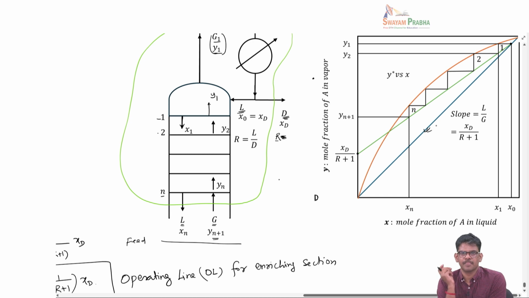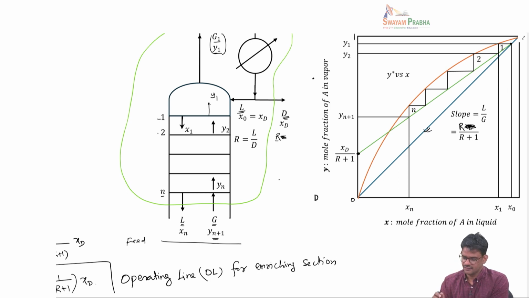and the intercept here for the enriching section is xD by R plus 1. Okay, so this goes from 0 to 1, and then xD by R plus 1 will be between this limit 0 to 1. So you can identify this particular point, and you know the slope of this line. The slope of the line is actually, this is wrong, this should be R by R plus 1. Okay, and that is the green line that you see here. So the green line that is drawn with an intercept of xD by R plus 1 and a slope equal to R by R plus 1